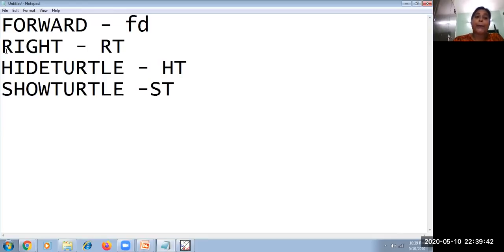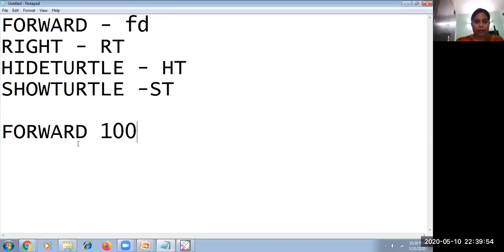But remember that where I have given a space, like I have written forward 100, there I have given one space. So you have to use it in this way, a space needs to be given.